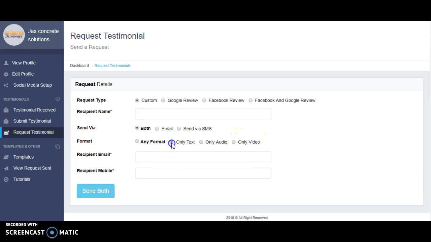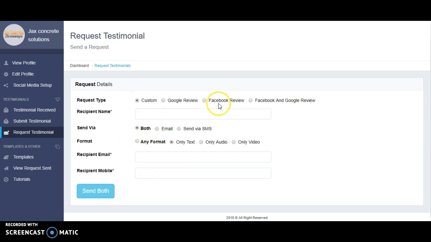Then you could get a text review, and you can create a customer success story around it. What you do is you create customer success stories around everything you do on this, but that's another lesson and another awesome feature of this tool. So that's custom settings, and that's requesting video testimonials